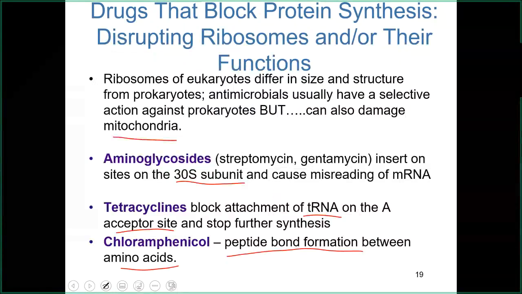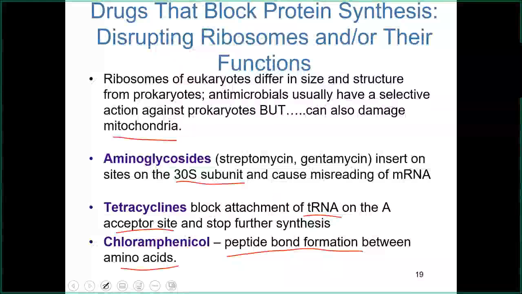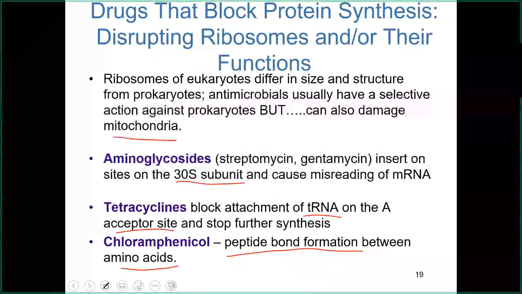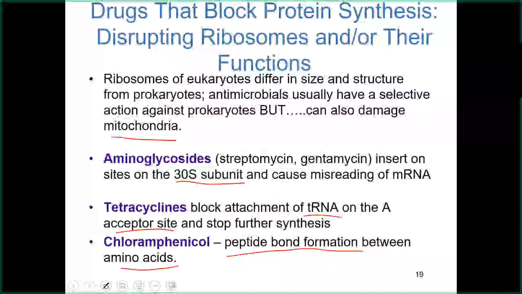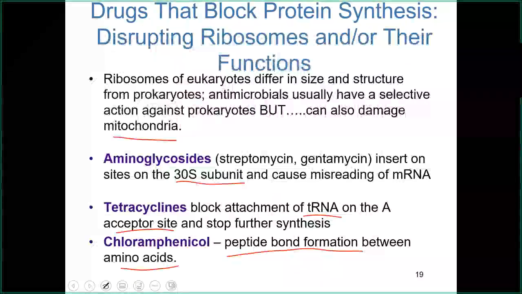So, everything goes as planned up until that point. The ribosomes form, messenger RNA attaches, it gets pulled through, transfer RNAs are brought in to bring amino acids. But when the amino acids are then finally to be brought together to make a real protein, that can't happen in the presence of chloramphenicol. So the infectious agent doesn't get the proteins that it needs to keep it going, so that's going to shut